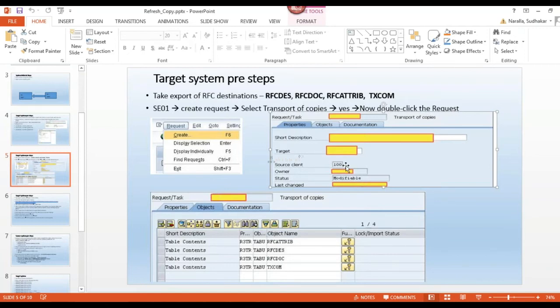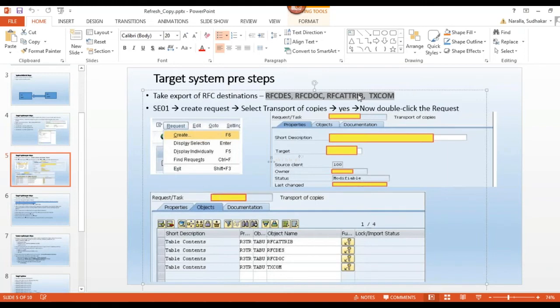Once this is done in the properties tab, go to the objects tab. In the objects tab, it will ask you for the object names. Object names are nothing but my table names.